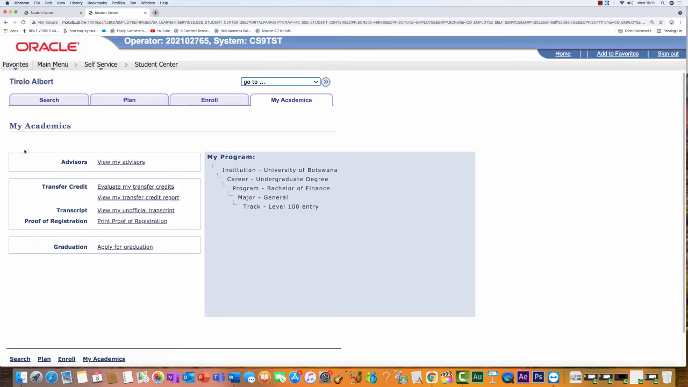Now, under the My Academics page, we have a couple of information that is very important to you as a student. You can view your unofficial transcript. A transcript is a list of all the courses that you've taken with their corresponding final marks. Or you can view or print your proof of registration. Going on back to the Student Center,